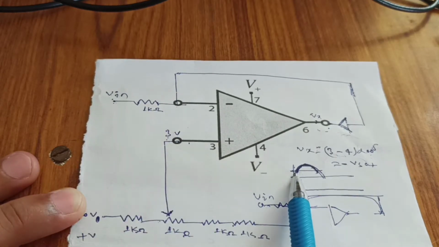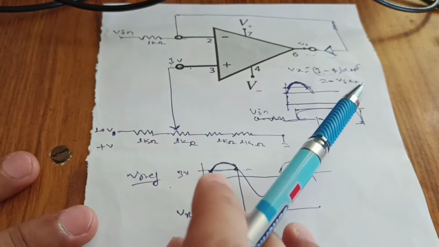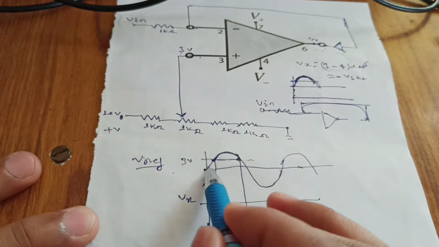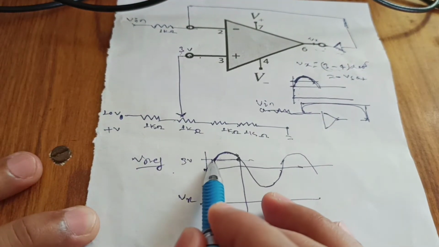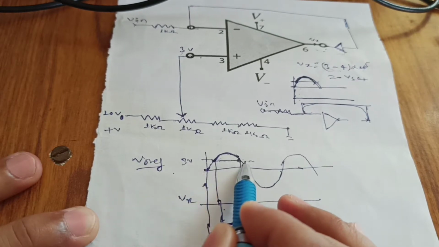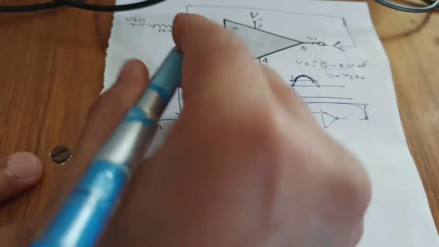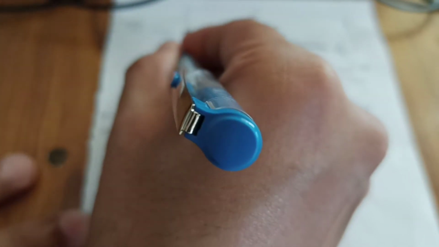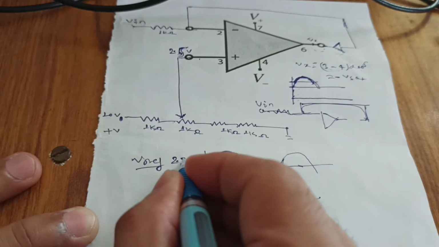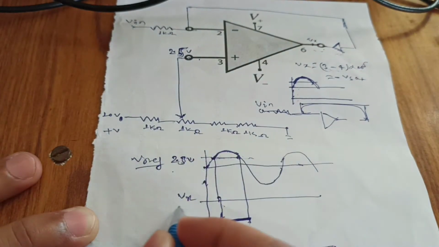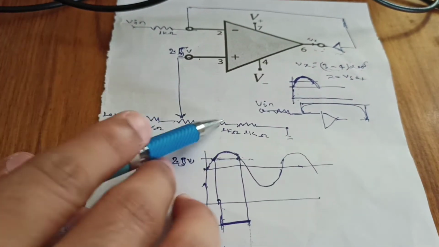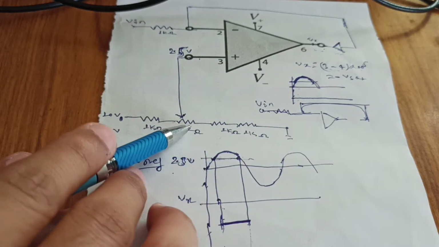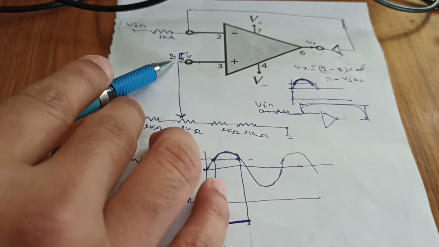Now suppose this is the input we are applying, when the input is greater than 3 volt. This is where the input is coming greater than 3 volt. At 3 volt I have applied, or you can say 2.5 volt I have given. Now if you give 2.5 volt and the reference is 2.5 volt, because from here we can tap 2.5 volt, 5 and 7.5 reference.